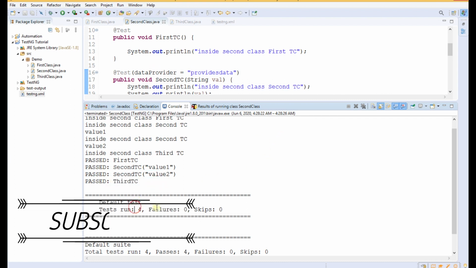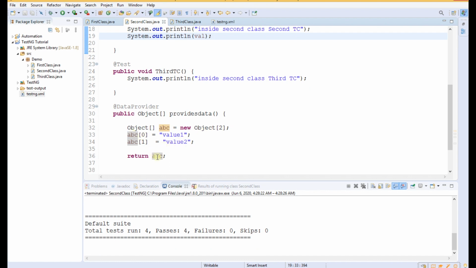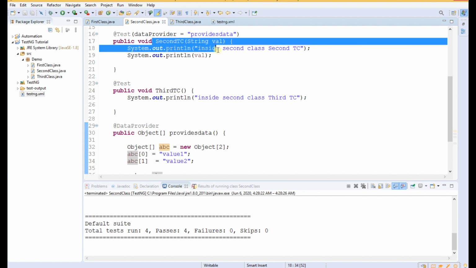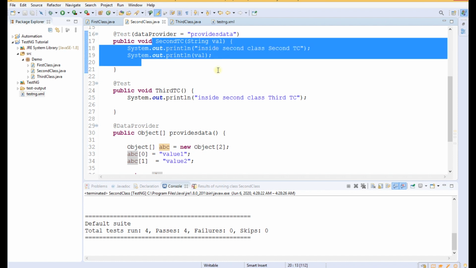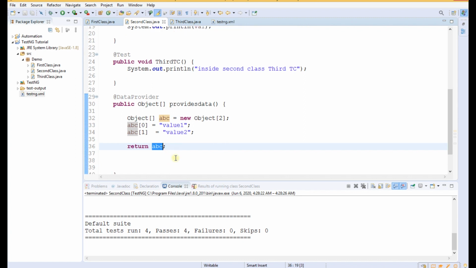So the total tests run are 4, and the values are printed in the console, value 1 and value 2. The test case will be executed once with every value present in the returned object.